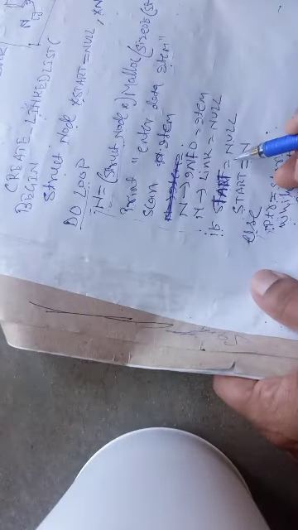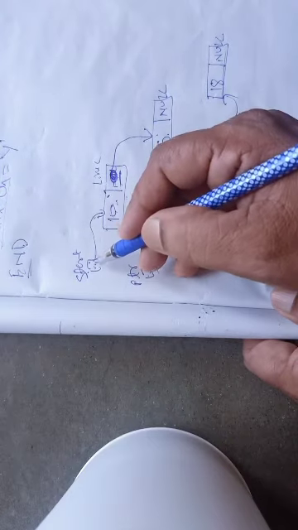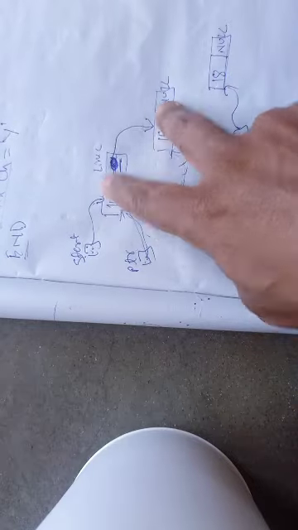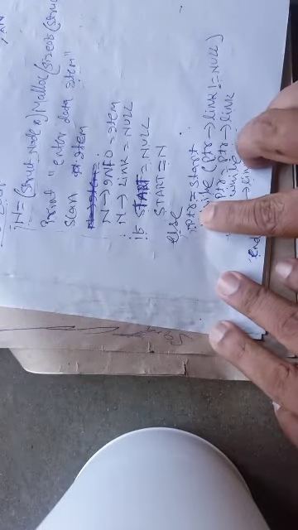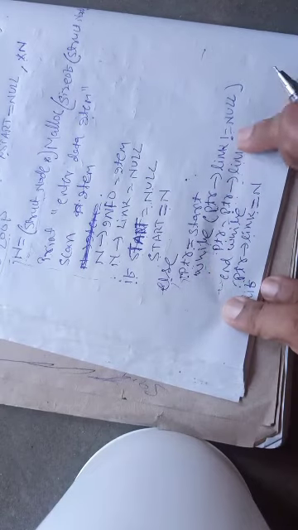Then the start variable is examined. Is start equal to null? No, already in my list there are two nodes, so start is not equal to null, so the condition will be false. So now this new node will have to be attached at the end of the linked list. So here I have to reach, I have to get the address of this last node. So how can I get it? I'll start like this, ptr equal to start. So I'll use another ptr variable. ptr will be start. Now again a loop will be conducted while ptr of link not equal to null.